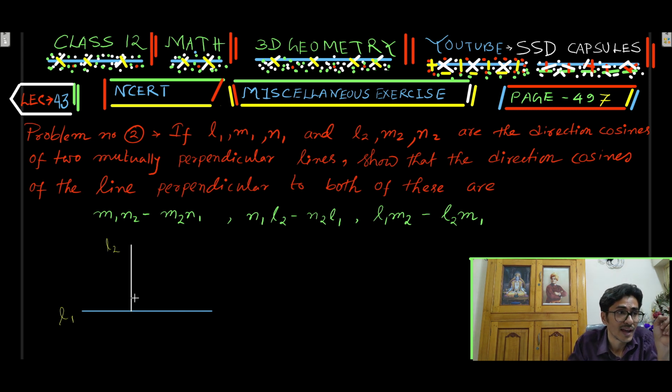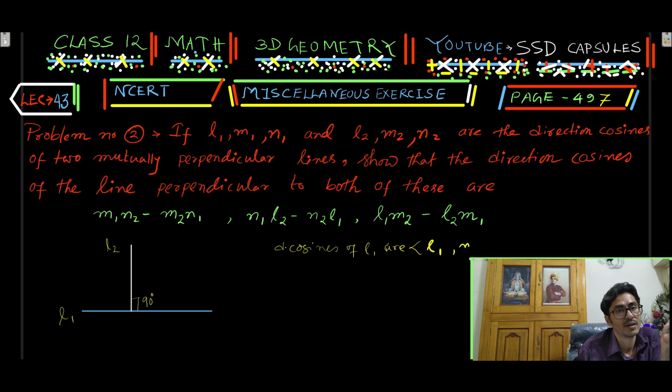So here line 1 and line 2 are perpendicular to each other, and direction cosines of line 1 are L1, M1, N1, and direction cosines of line 2 are